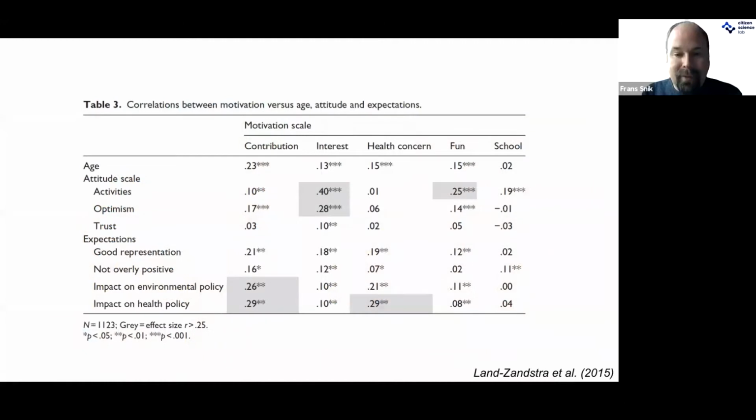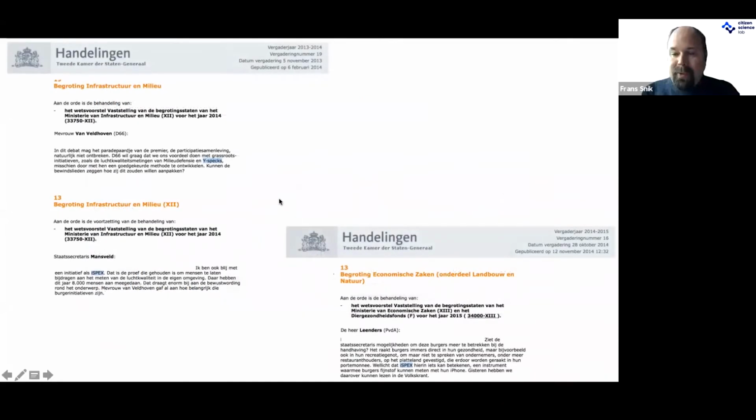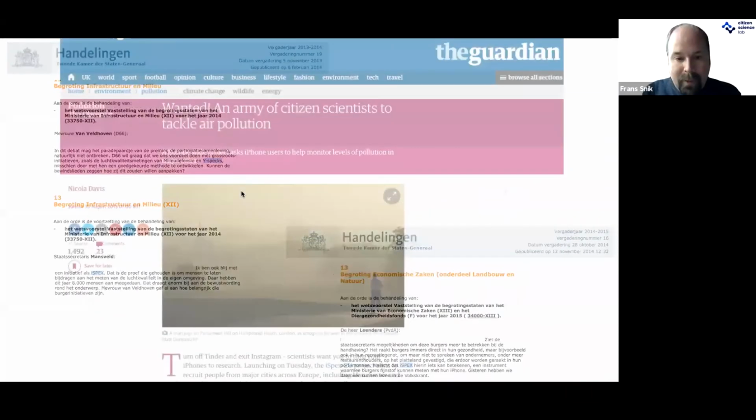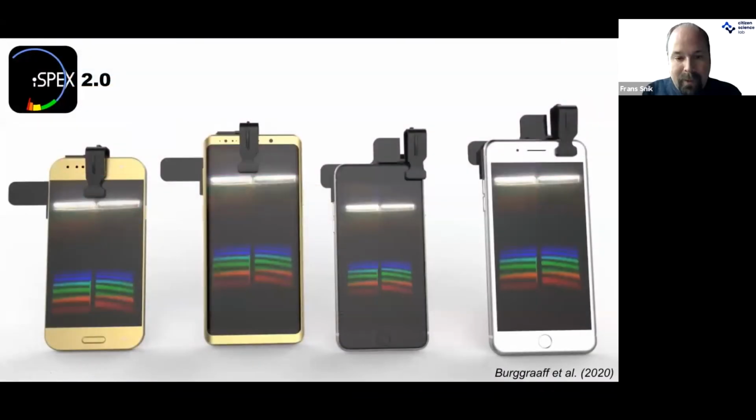So this is also where we started collaborating with Anna, my colleague here also in the webinar, to study how such a citizen science project could work. Some things we did right in ISPEX, some things we did completely wrong. And we learned from that, for instance, in this publication. But ISPEX went as far as being discussed in Dutch Parliament, in the Tweede Kamer, and really turned some things around. Later on, we had a European campaign, and right now we're developing the follow-up ISPEX 2.0 with add-ons that fit on all smartphones, much more enhanced accuracy for both air pollution measurements and water quality measurements.